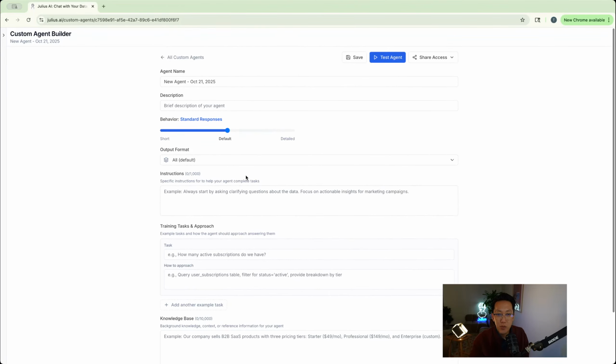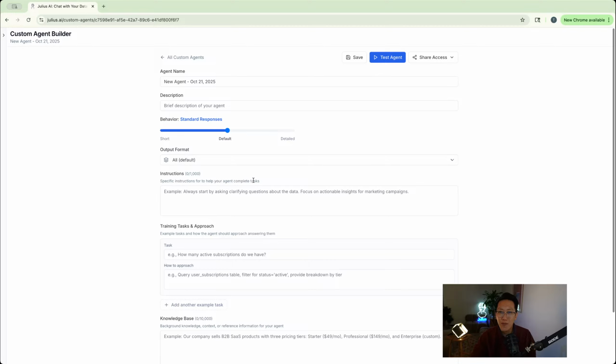What is an agent? Well, it's very similar to custom instructions, right? Custom instructions, the ones I was showing in that menu earlier, apply to all of your chats, and it's pretty broad and pretty general, right? If I'm telling Julius to answer me in Spanish, the custom instructions are probably the best place for that. But what if you have a specific use case, right? Maybe